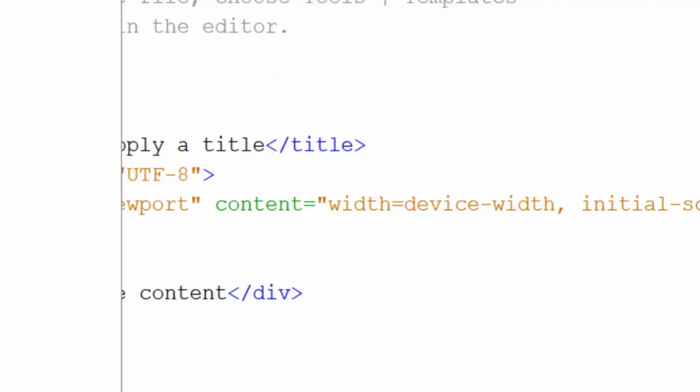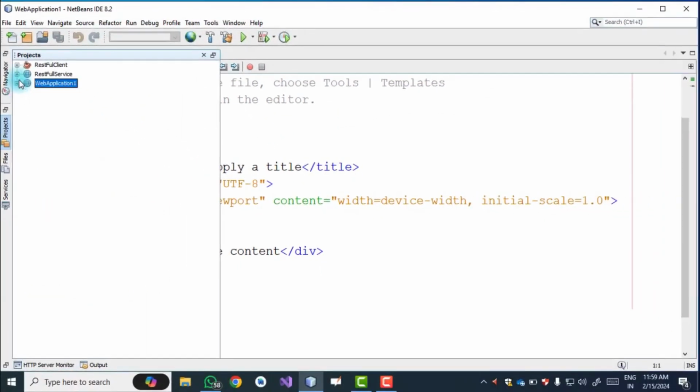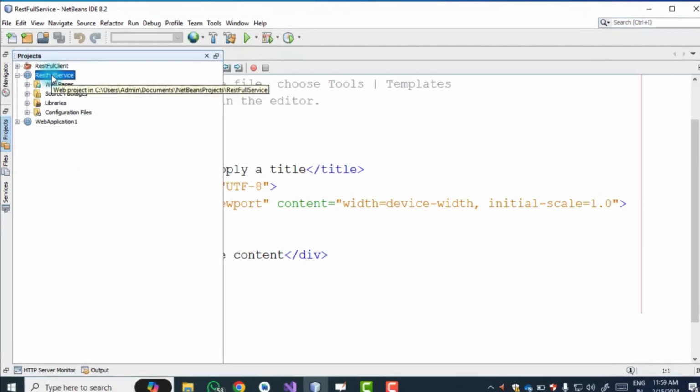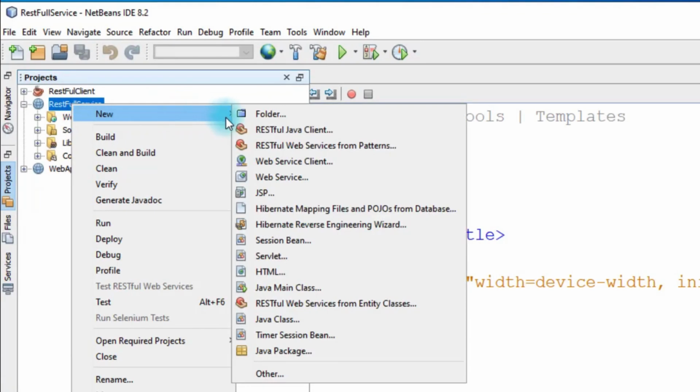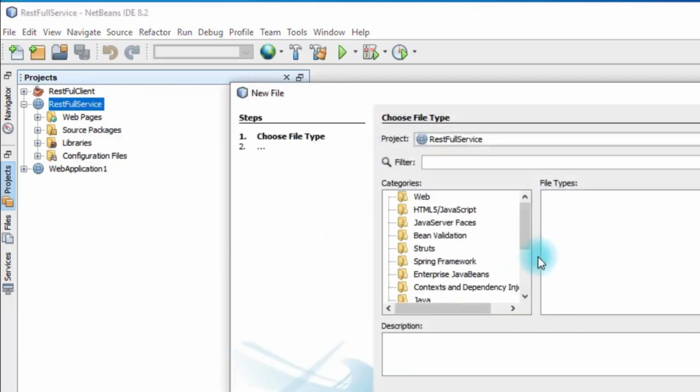Okay, now the next step is we have to create a web service in this RESTful service. Just right click on this web application, New, then RESTful Web Service from Patterns. If you do not find this option here, just go to Other.